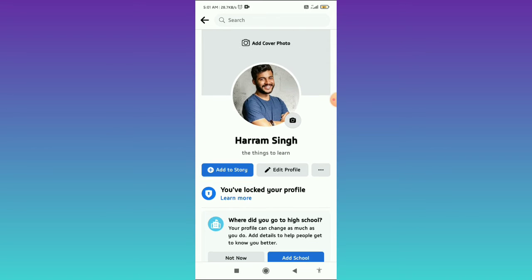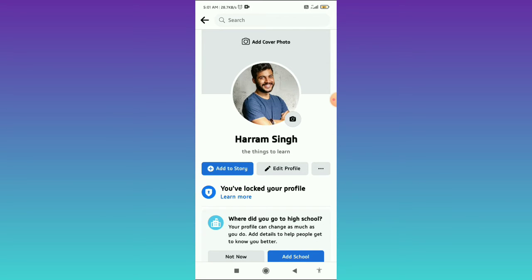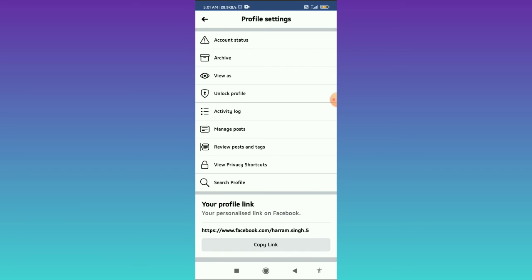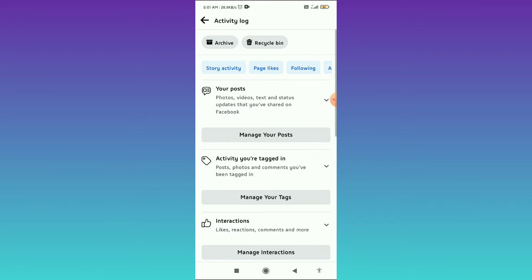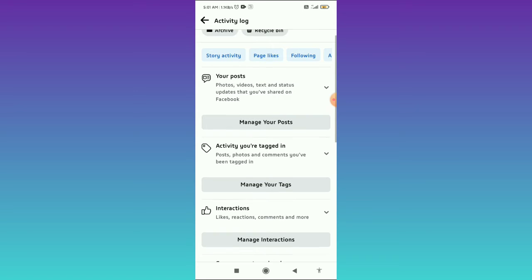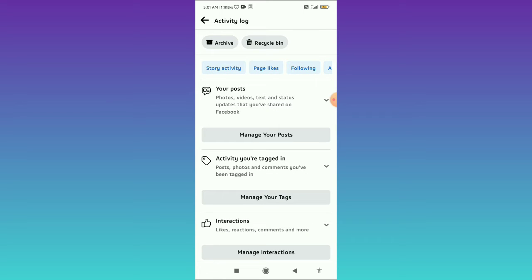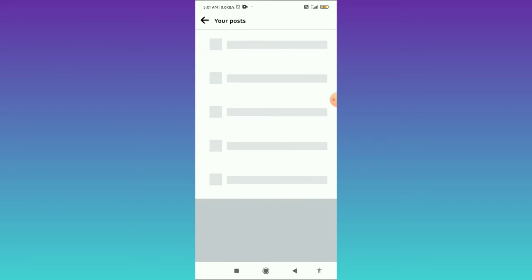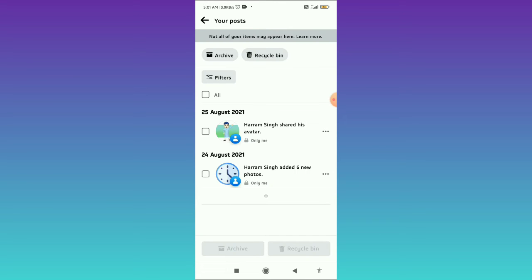When you are here, you have to click on the three dots on the right side of Add to Story, and then you can open the Activity log. When you are here, you have to click on Manage your posts. In the Your posts option, tap on Manage your posts, and when you are here you have to bulk delete,